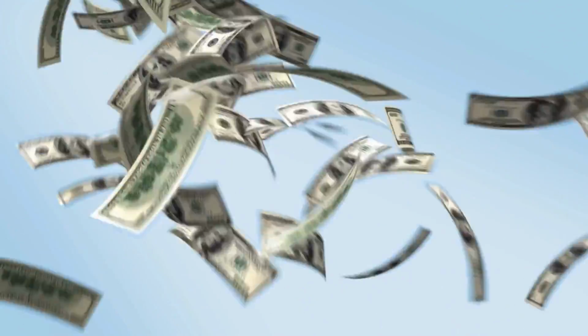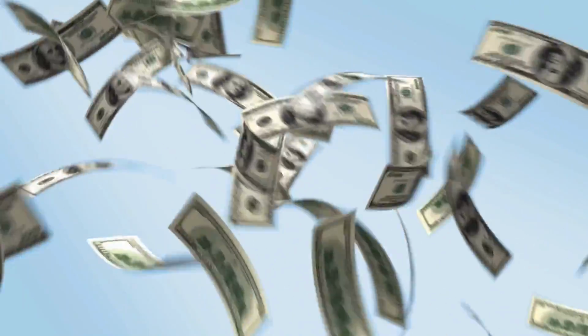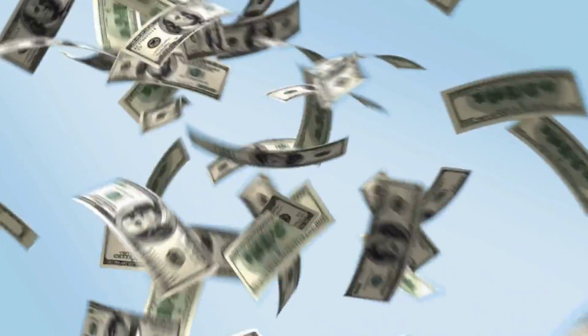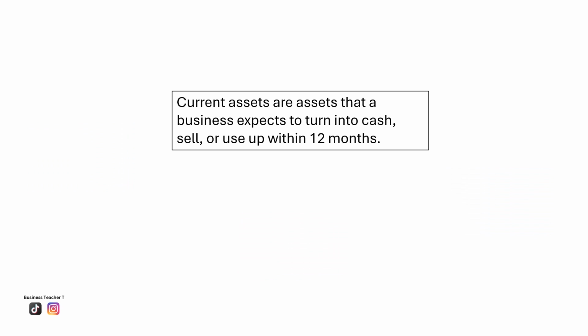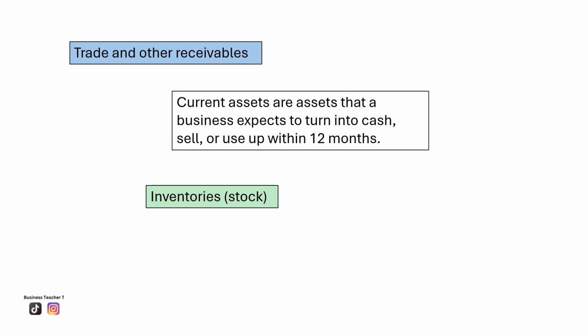Current assets are assets that a business expects to turn into cash, sell, or use up within 12 months. These assets are essential for a business's day to day operations and help it pay its short term bills and expenses, such as paying for raw materials and wages. Examples of current assets are inventories, also known as stock, trade and other receivables, short term investments, cash and cash